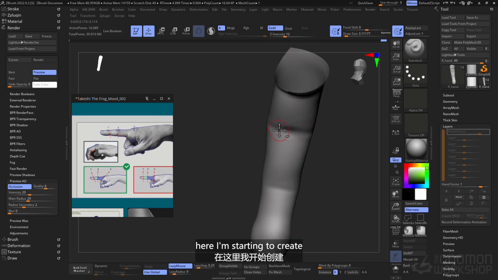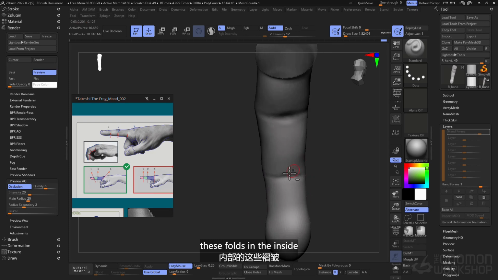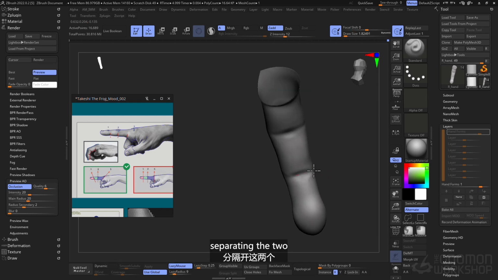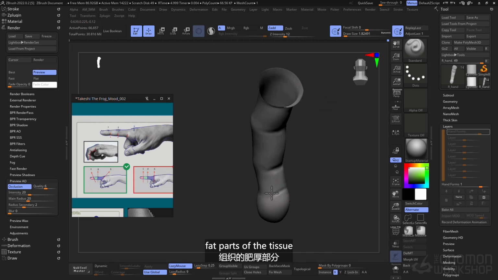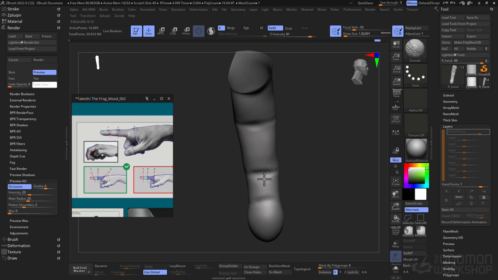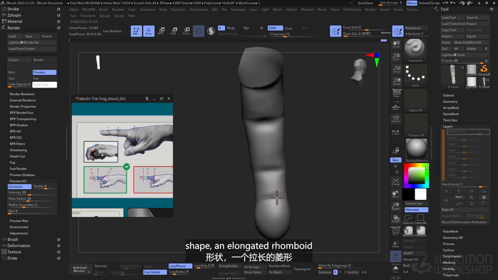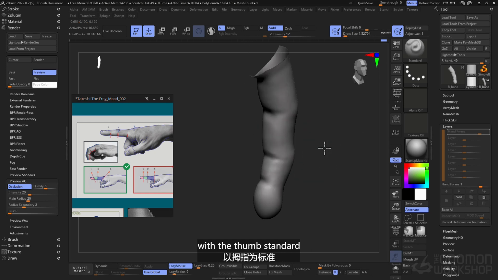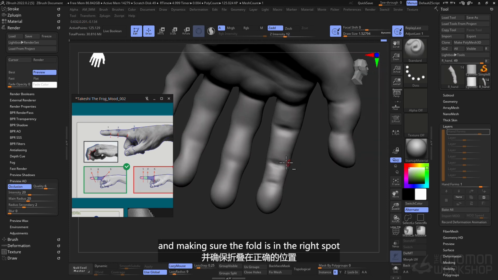Here I'm starting to create these folds in the inside of the finger, separating the fat part of the tissue from the more bony parts. I'm basically drawing a rhomboid shape, an elongated rhomboid with the Dam standard, and making sure the fold is in the right spot